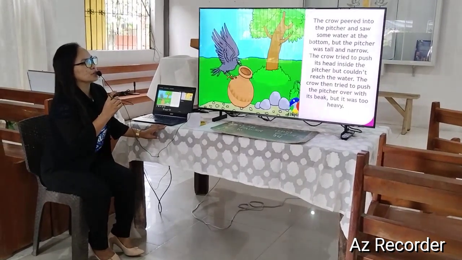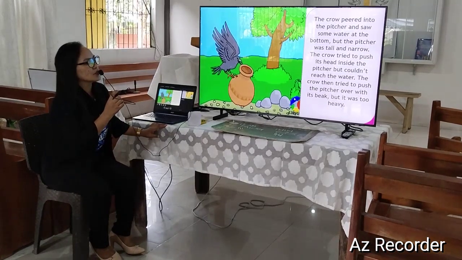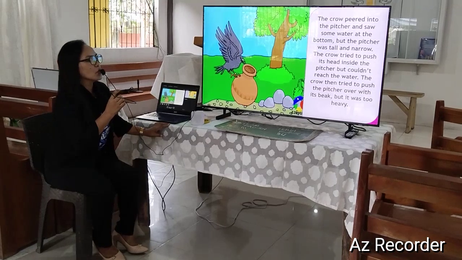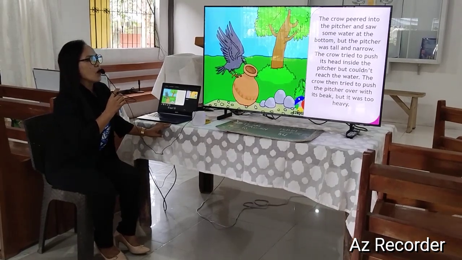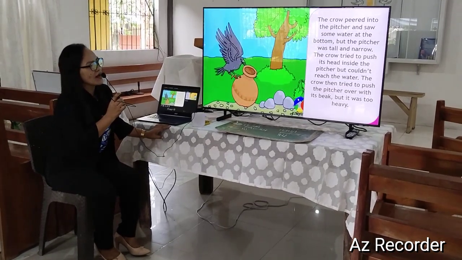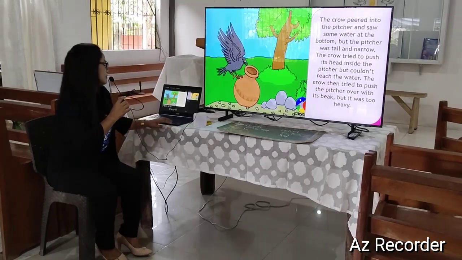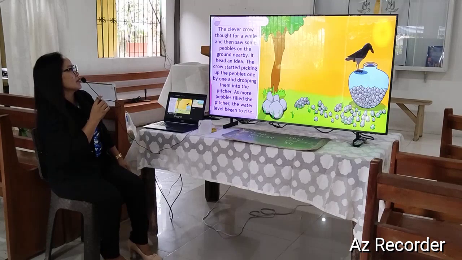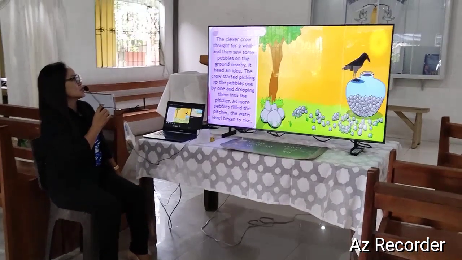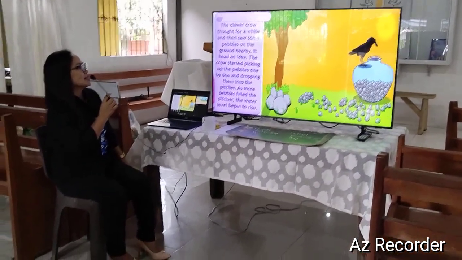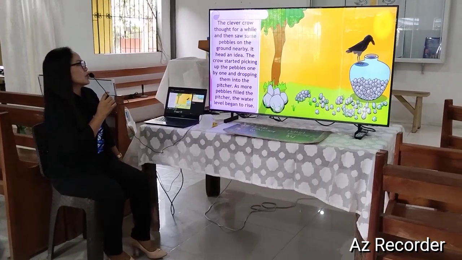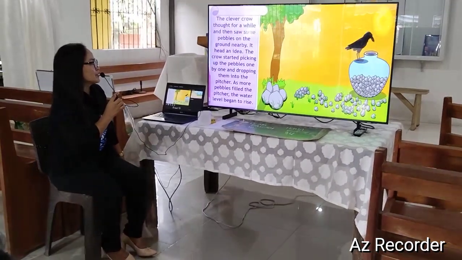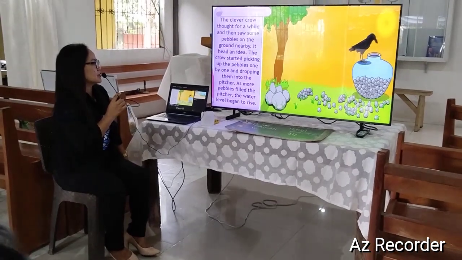The crow tried to push its head inside the pitcher, but couldn't reach the water. The crow then tried to push the pitcher over with its beak, but it was too heavy. The clever crow thought for a while, and then saw some pebbles on the ground nearby. It had an idea. The crow started picking up the pebbles one by one and dropping them into the pitcher.